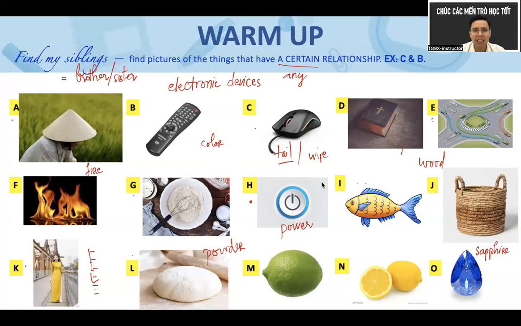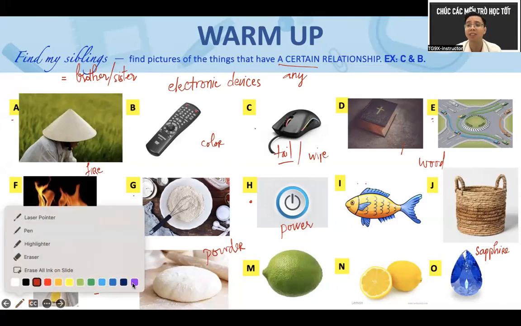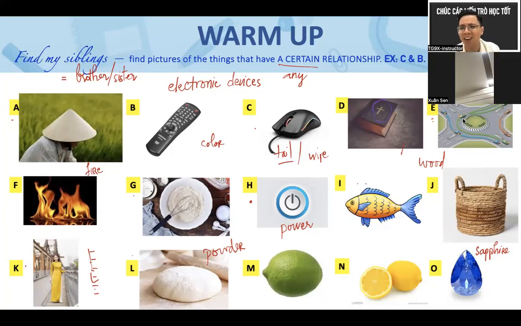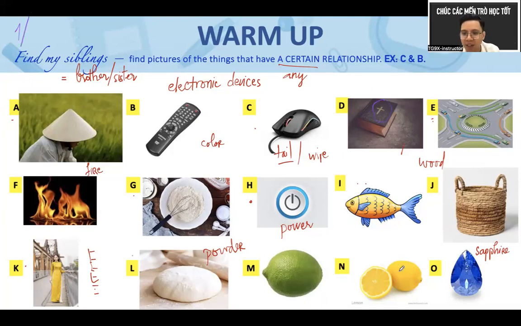And what about you? Please, I need to find about 5 pairs only because we don't have time. Tell me the pairs and the reason. Speak up, please. Turn on your mics. Anyone? You had no ideas. Chị Mai, please. I think D and E had the same shape, crossed. Yes, cross. I love it. 1 already. Next. Number 2, chị Ngọc Ánh, please.